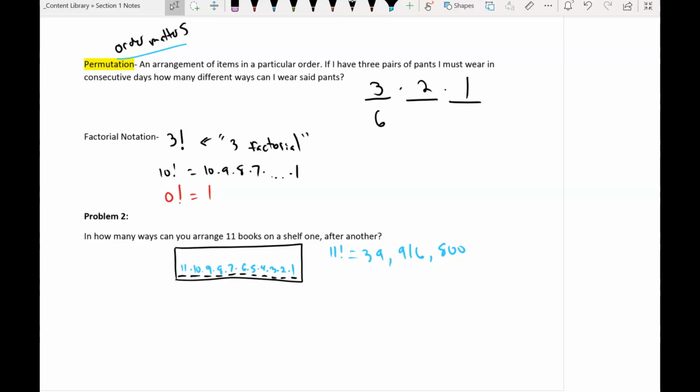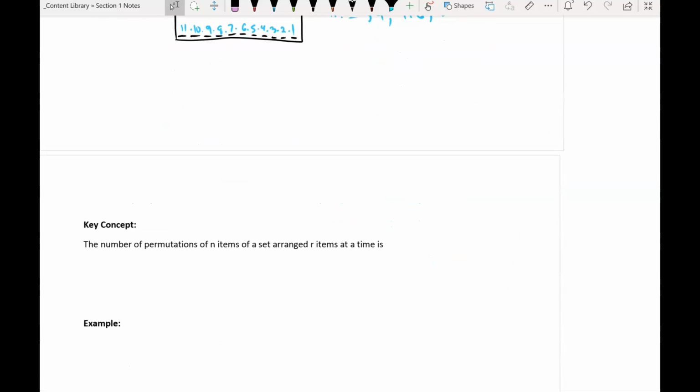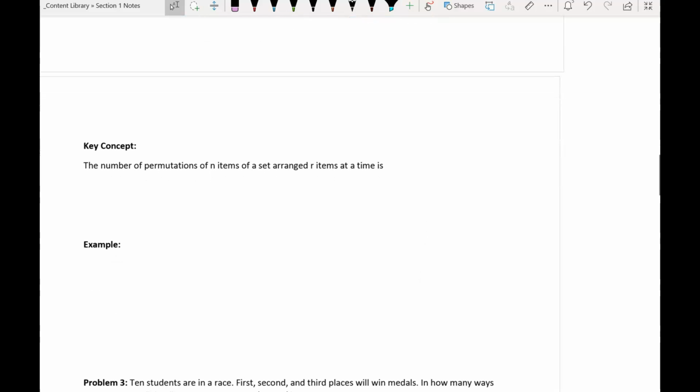Okay, so what we're going to do is come up with this formula for permutations. Keep in mind, permutations means the order matters. The order you're arranging things in matters. So, the number of permutations of n items of a set arranged r items at a time is given by,